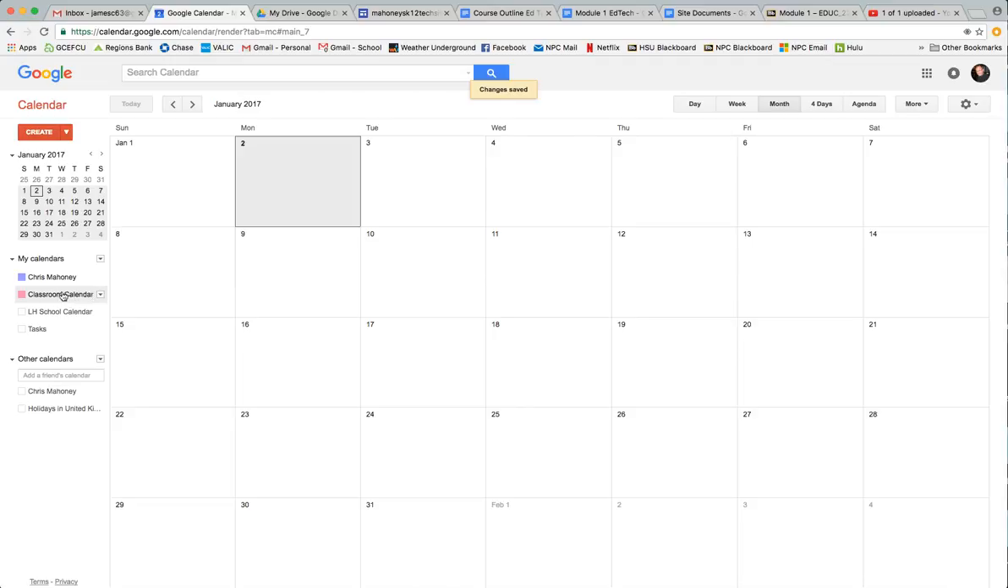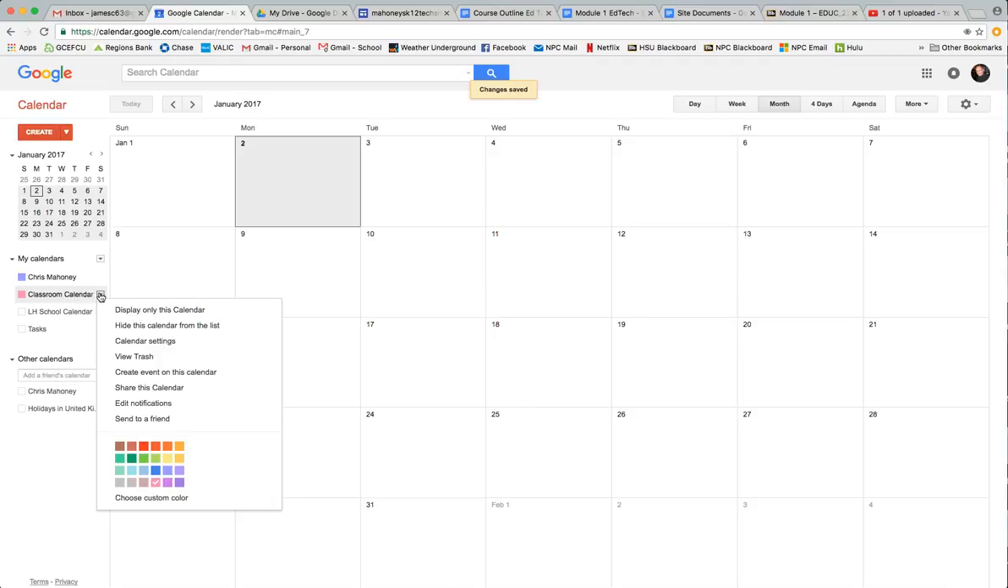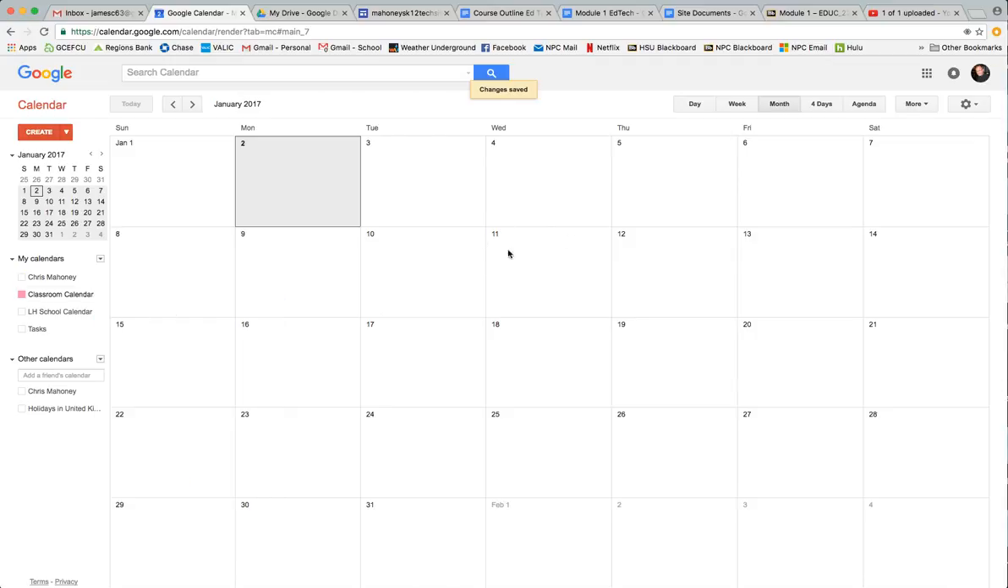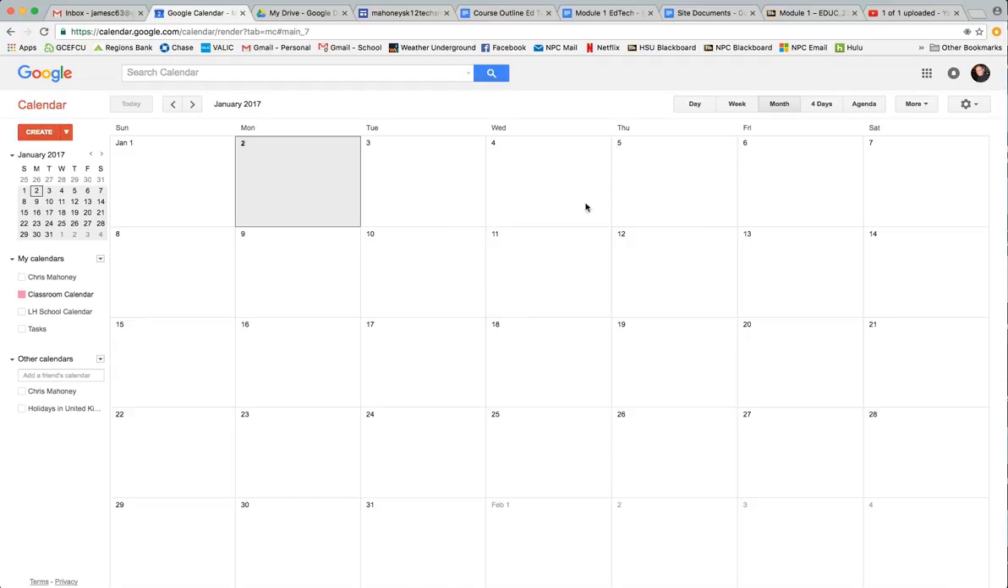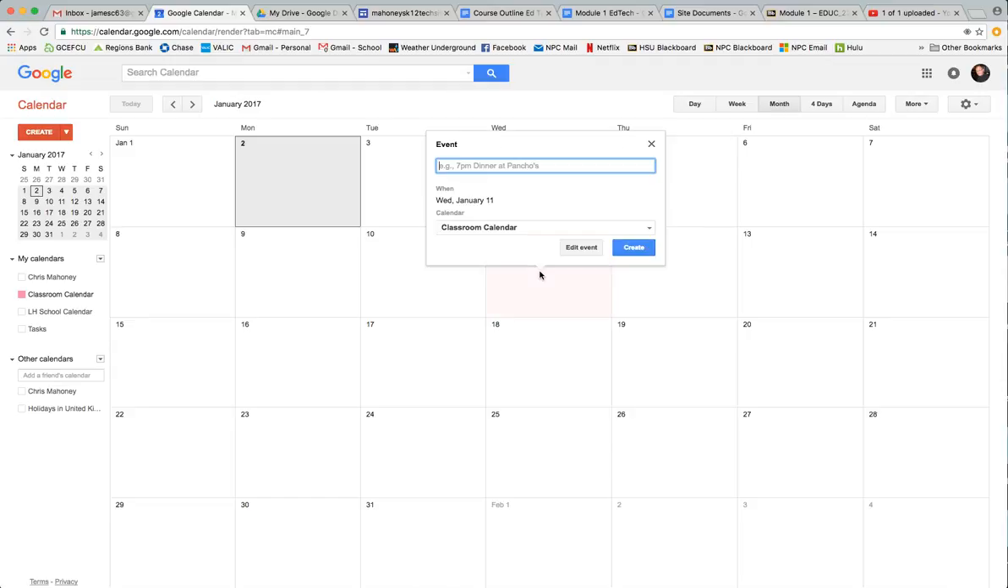To avoid confusion, I'm going to display only this calendar. That way whenever I put some events on here, it won't show up possibly on the wrong calendar. So I'm going to just click. Let me show you. All you do is click inside one of the days to bring up a new event,